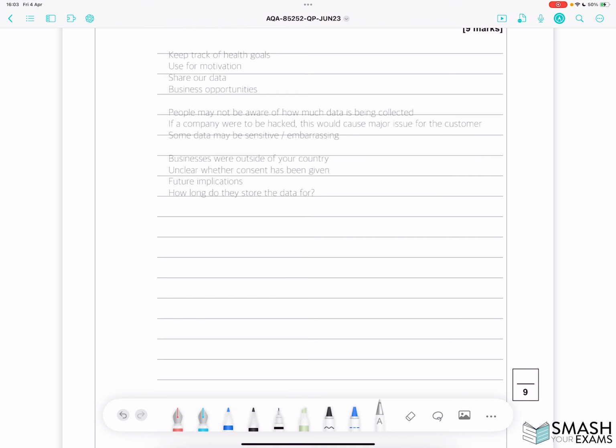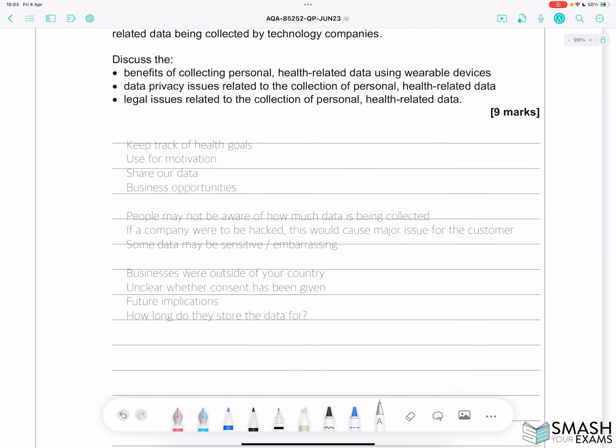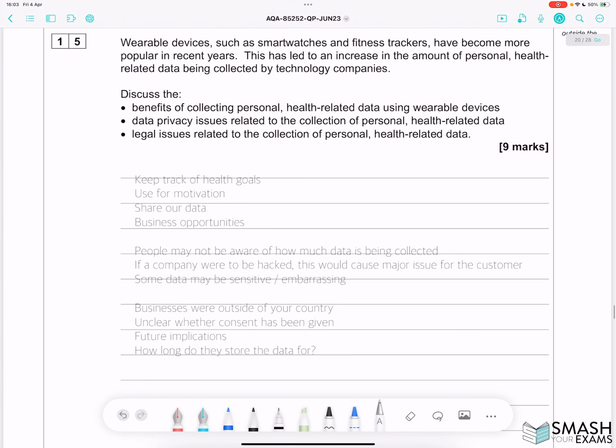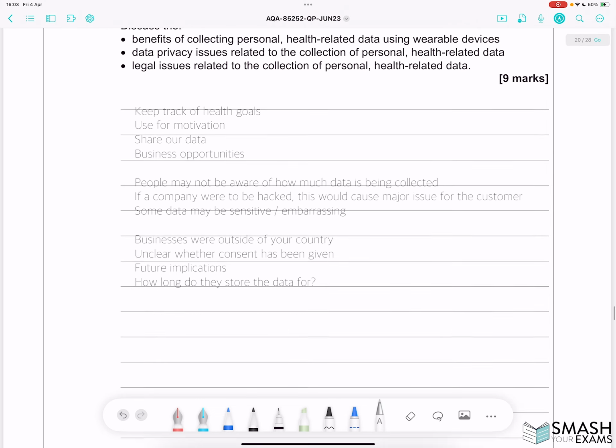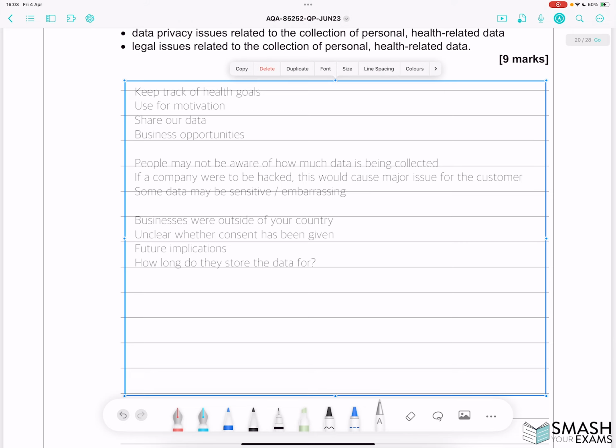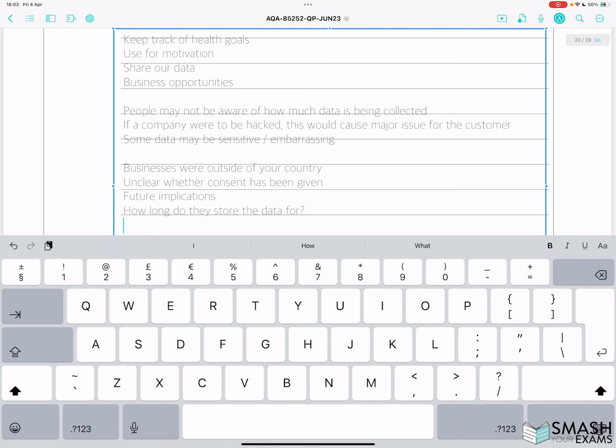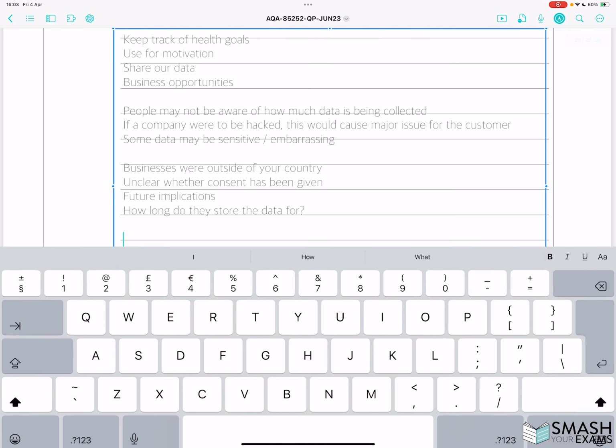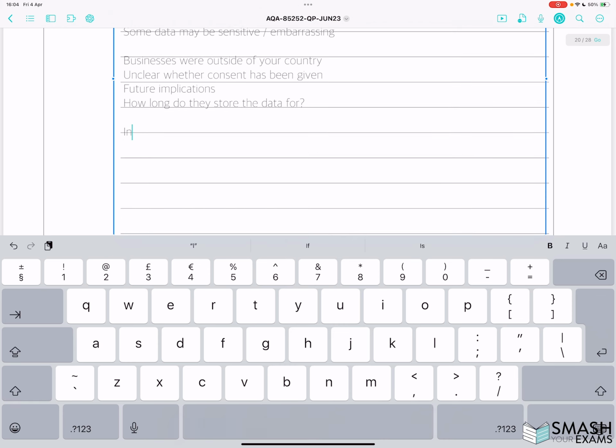Now you can see in terms of exam technique, what I've done is I've bullet pointed out some things that I could talk about. I would then need to form a discussion within my answer covering each of those different points. And I can talk about the advantages and disadvantages of each of those different things I've covered. And then in turn, what I would then want to do is summarize at the very bottom. I would then want to come to the bottom and say something like, let's come down there so we can see, in conclusion,